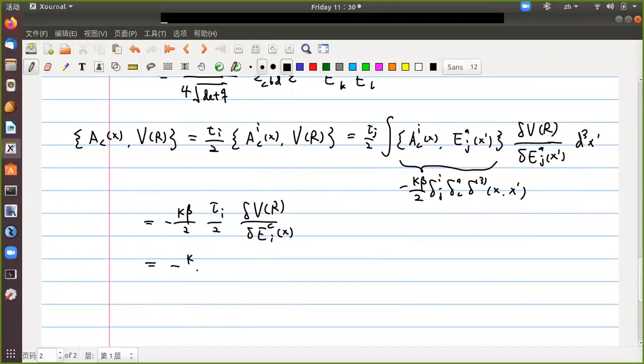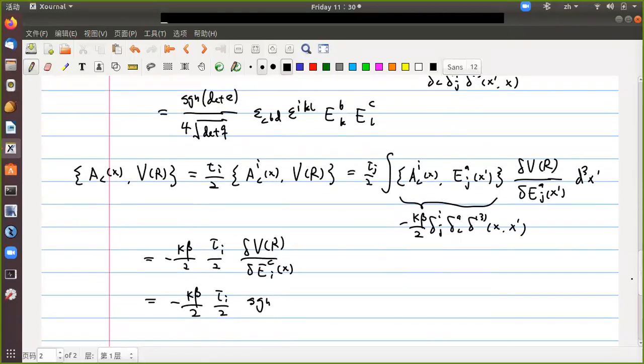This equals minus kappa 2 I up psi e 1 over 4, I put this together with 4 and epsilon c bd epsilon I k